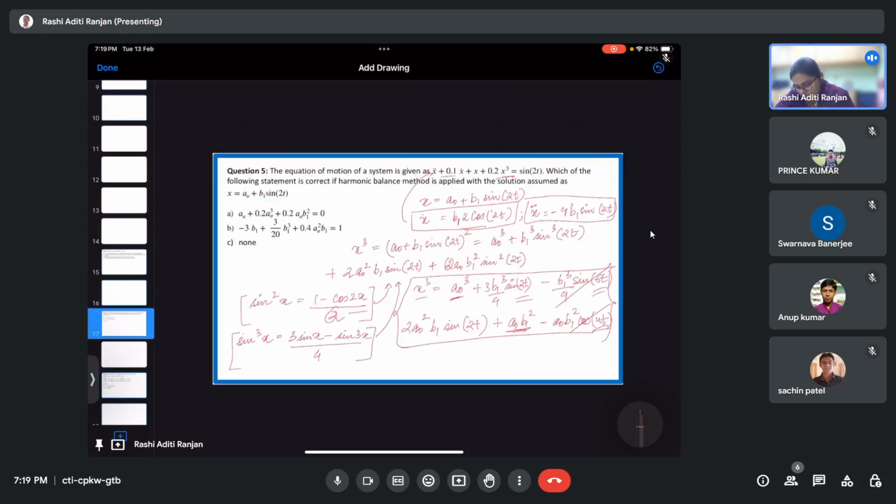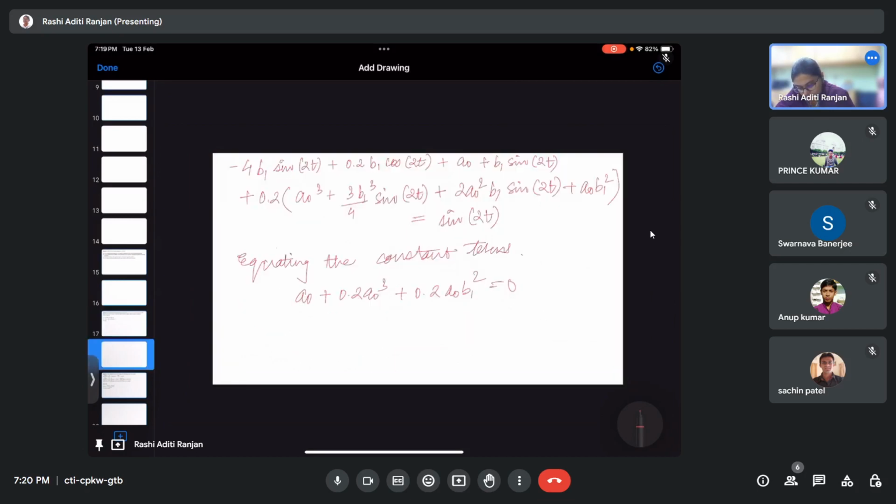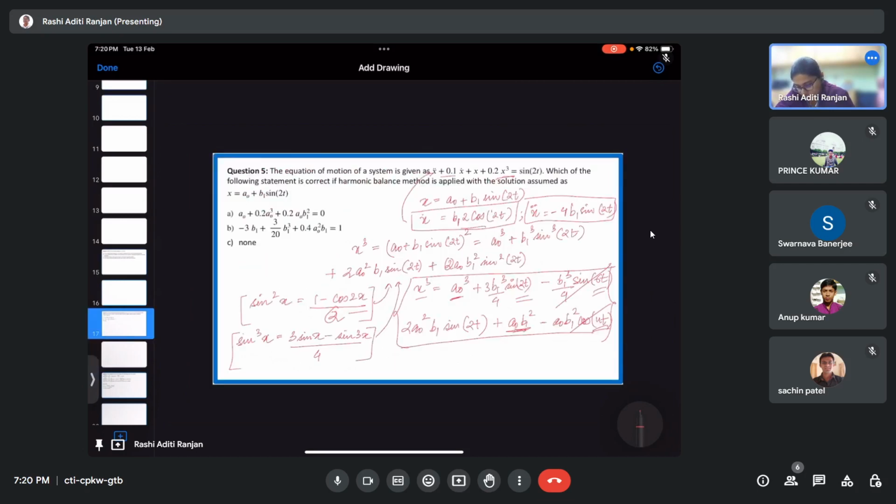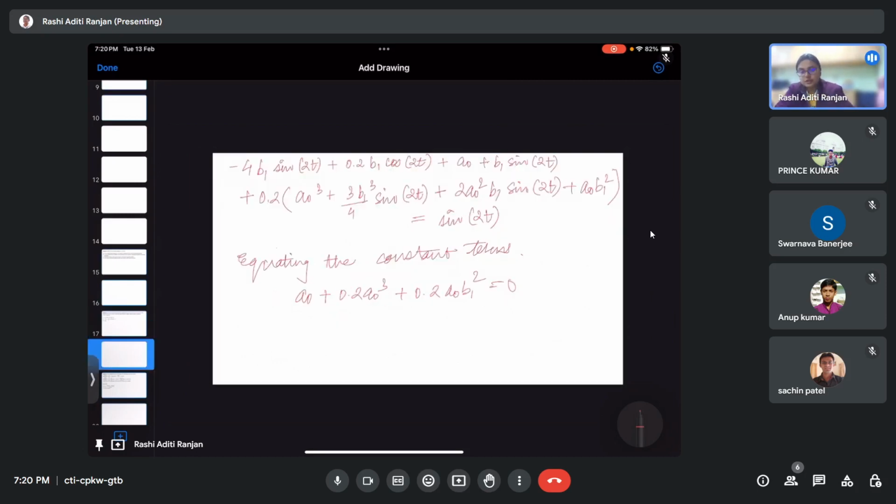So is there this in the option? A naught plus 0.2 a naught cube plus 0.2 a naught b1 square. Yes. So this is the correct answer, isn't it? I got this by equating the constant terms. Apart from that, if I equate